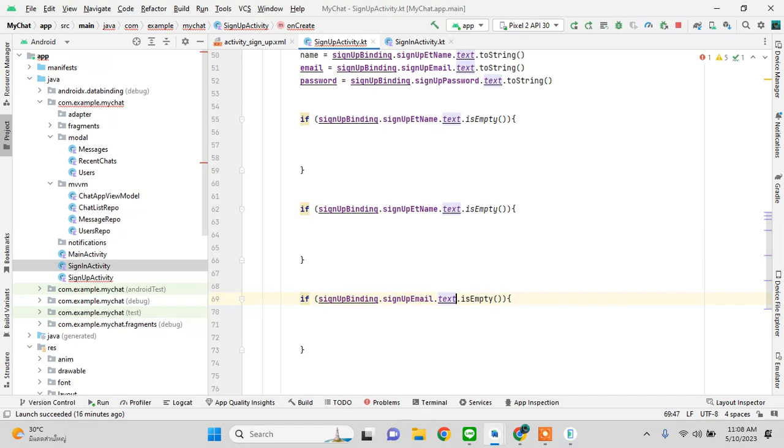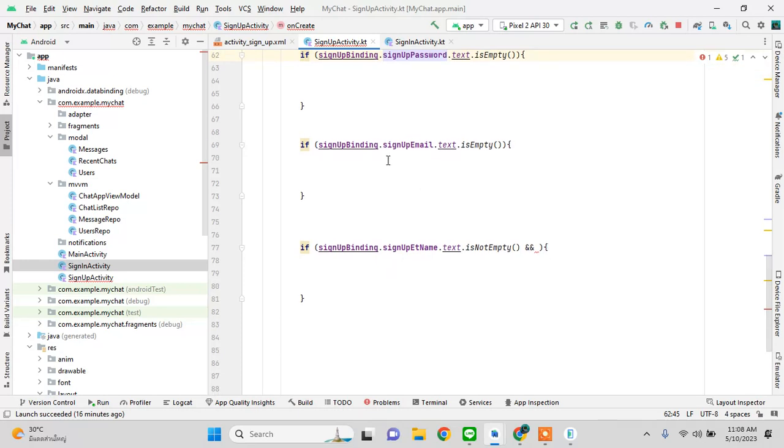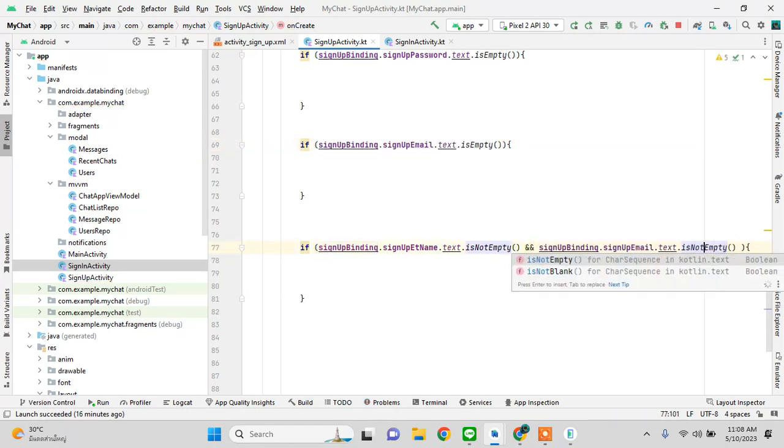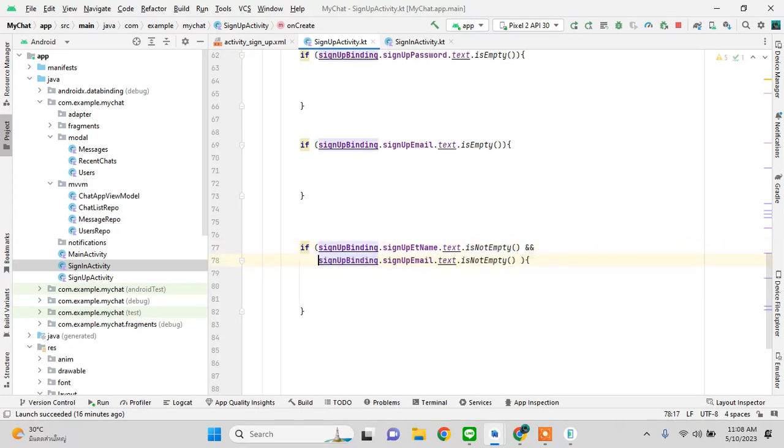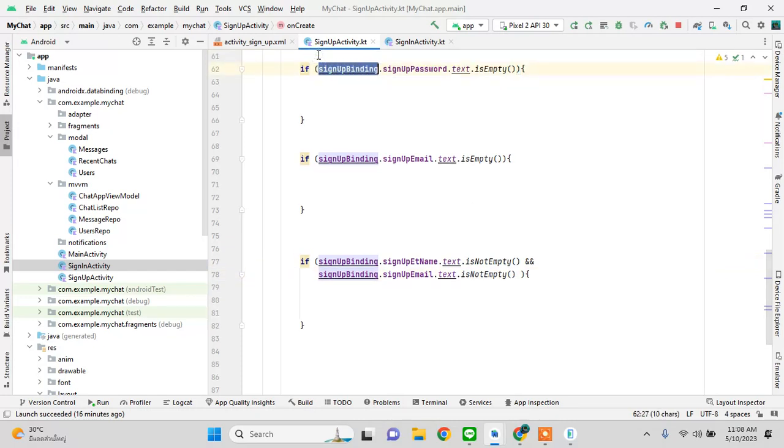Okay, now we're checking if the email is empty, and here we can check if the password is empty. Lastly, we are checking if nothing is empty. If the name is not empty, email is not empty, and lastly password is not empty,